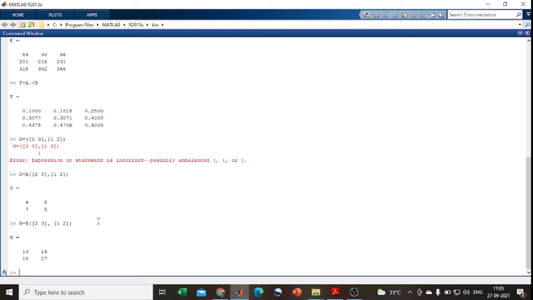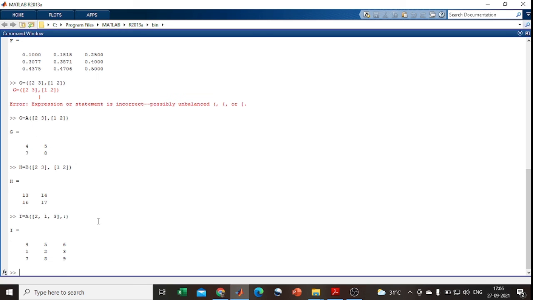After that, how can we interchange the matrix values? Let's see. Okay, here I use the variable I is equal to A of 2 1 3 in square brackets, comma, then I enter the colon, and press enter.